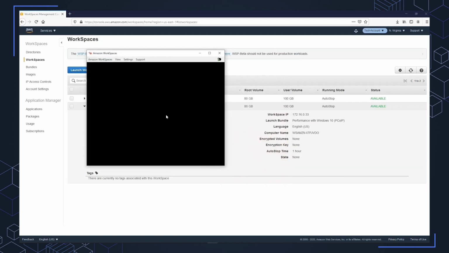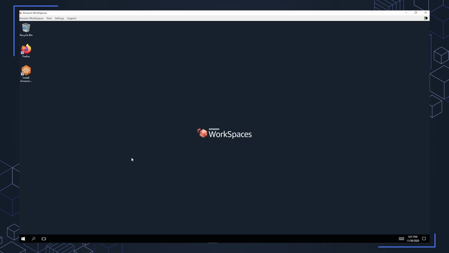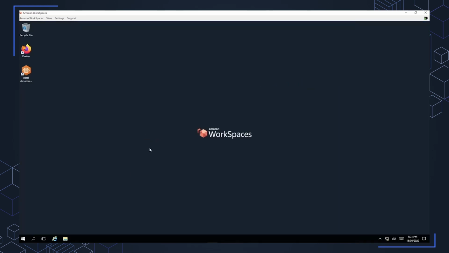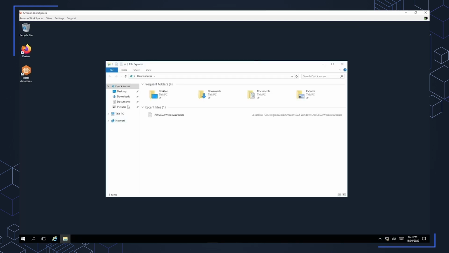Let's go ahead and maximize the screen for the client. So we have a full screen view. And within a few seconds, you have a full desktop. And this is your Amazon Workspace. Now we can interact with this desktop just like we would any other desktop we had. We can open up Windows Explorer and go through different directories, but also want to highlight some features of the